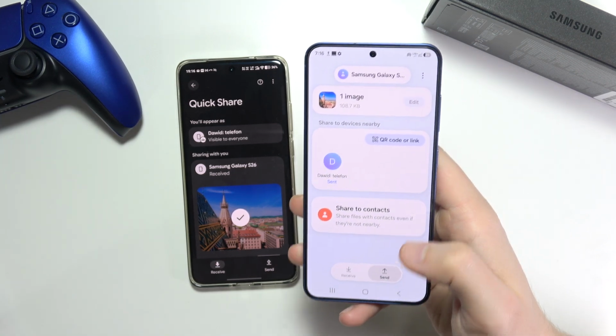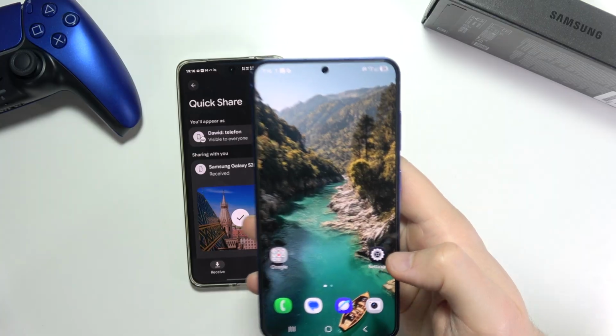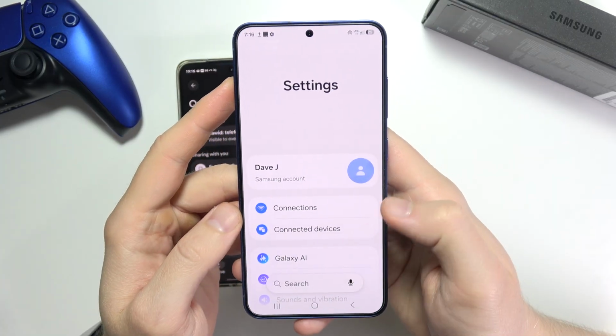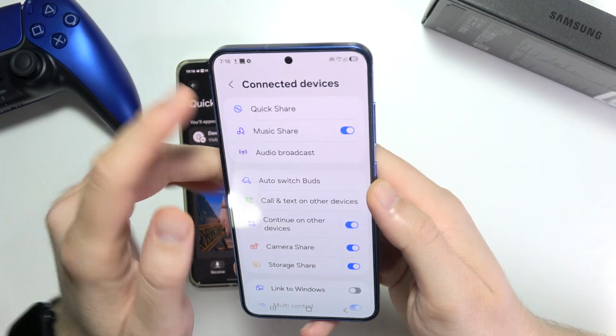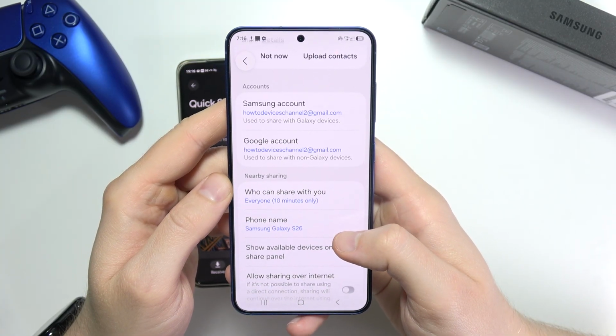If you want to send files by using Quick Share on the Samsung Galaxy S26, let me quickly show you how you can do this. First of all, you have to open the settings and go for connected devices. Now select Quick Share, and as you can see over here, you have to set it up so you can